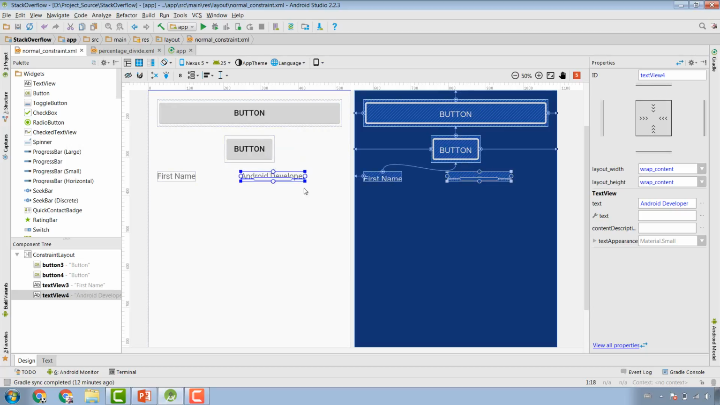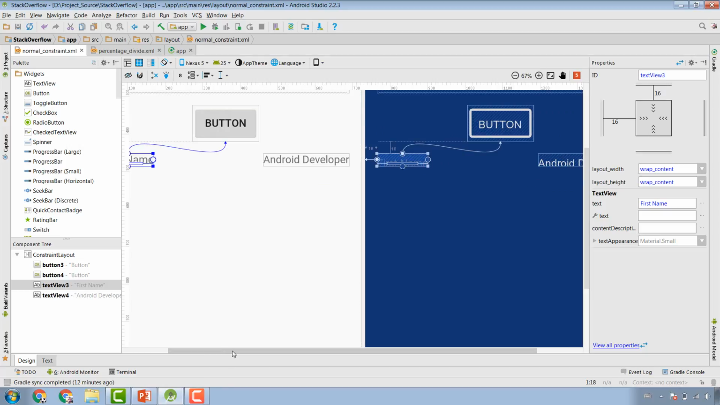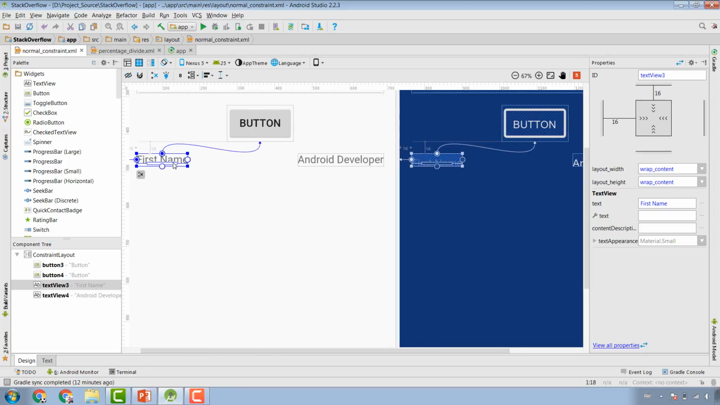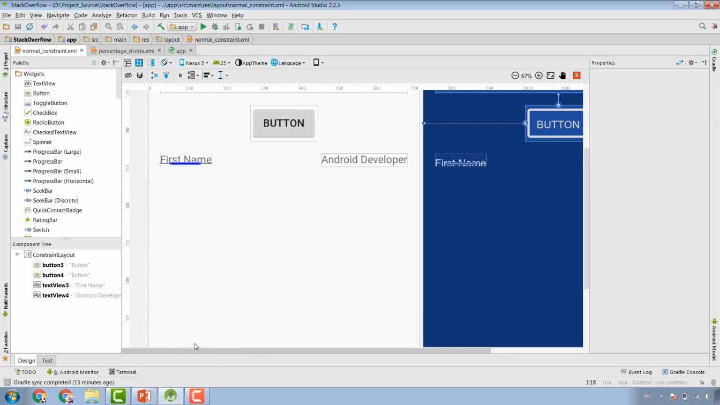So just let me delete this constraint, and we will add this constraint here. To assign it, go to the zoom mode, because this baseline constraint, you just hover your mouse here, and it will start blinking. So just drag this and attach it to this. So you have just attached this first name to the baseline of this Android developer. So no matter what the distance, constraint, margin and all for this view,